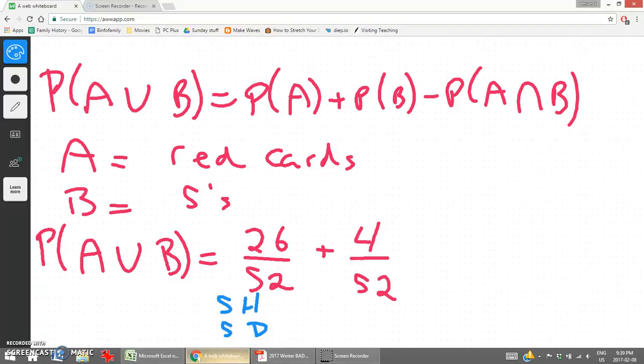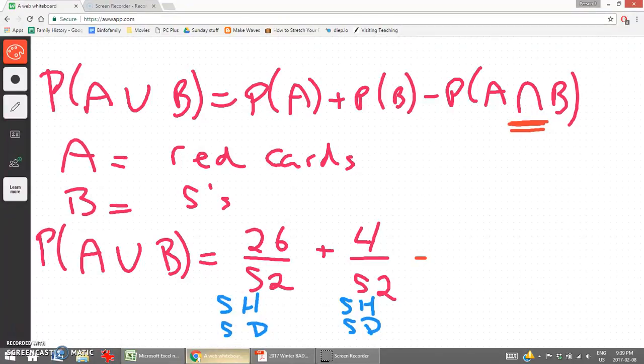Out of all of the 5 cards, out of the 4 5 cards, we would have the 5 of hearts, the 5 of diamonds, plus the 2 black 5 cards. So we can see that we've counted the 5 of hearts and the 5 of diamonds twice, which is why we have to subtract out what they share in common. Remember the "and" symbol up here represents what they share in common, the joint probability, and the commonality between both